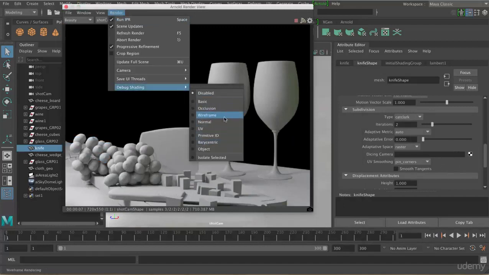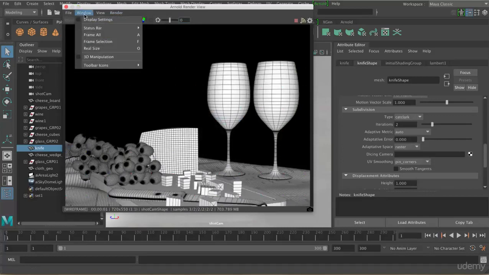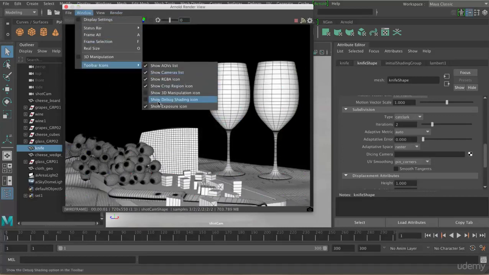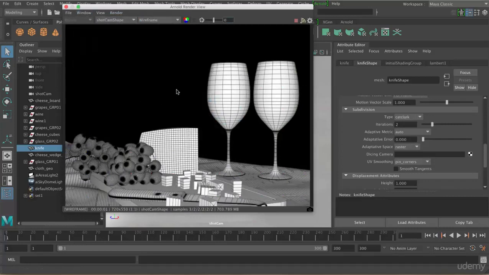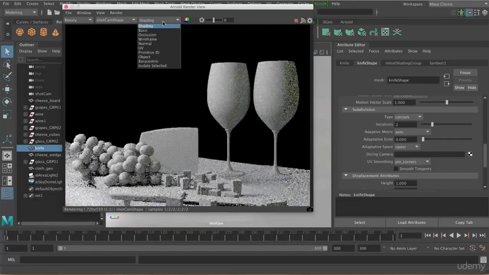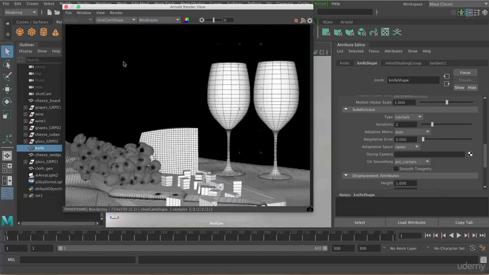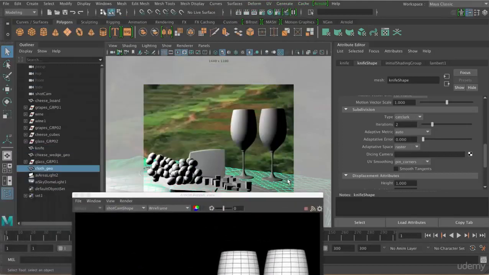So I'll just change this to wireframe again. You can actually bring up that, mine has disappeared because I crashed in between. So if I show debug shading, I can change this quite easily to shading and then wireframe, whatever I want to. Okay, so if we go to the tablecloth here,